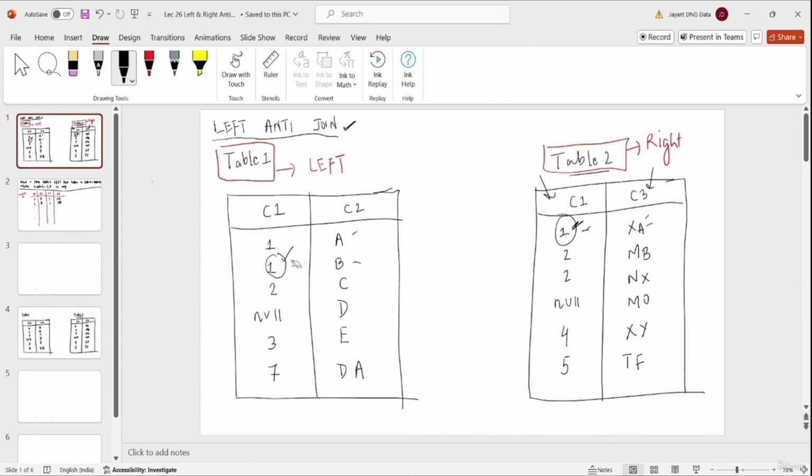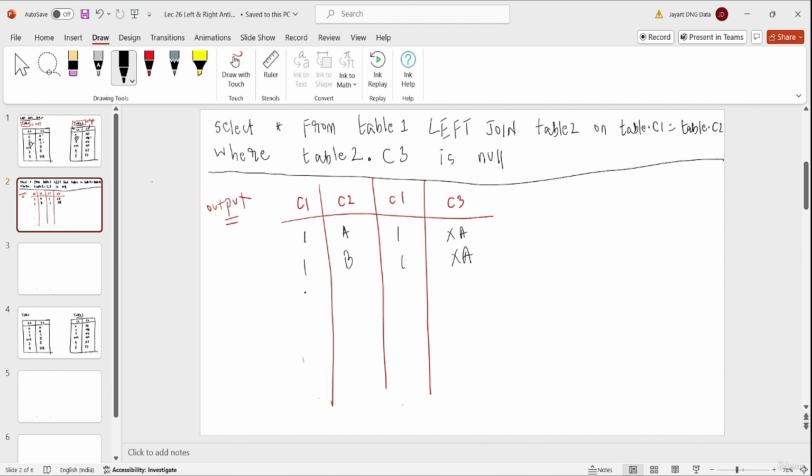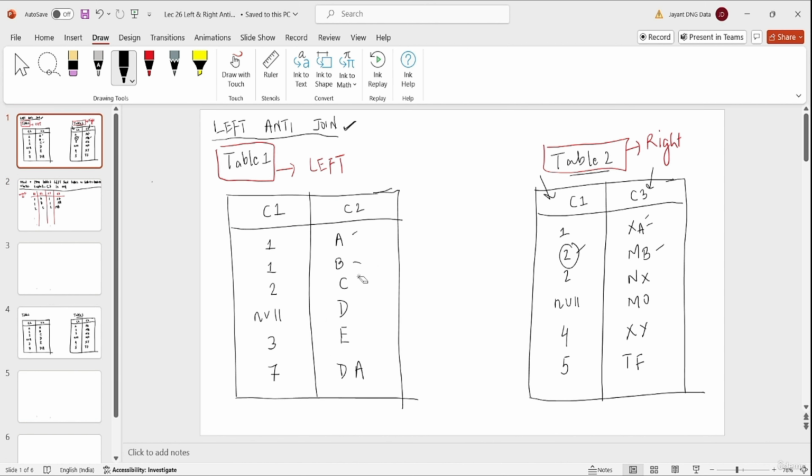Now we have 2 here in the first column. This will match with the first 2, so you will get 2C, 2MB. The null will not match with any value in column 1 of table 2. Although we do have null in column 1 of table 2, null doesn't match with null, as we already discussed.